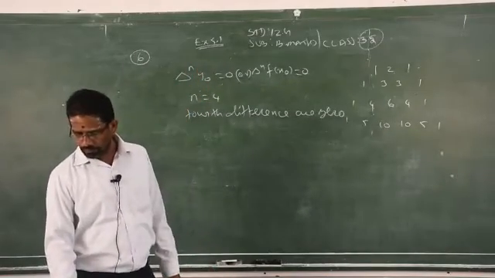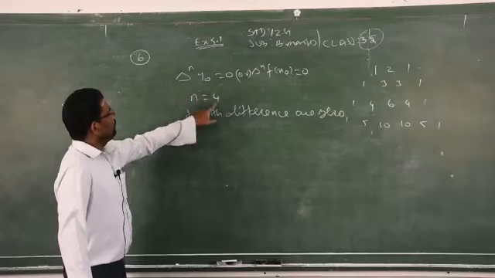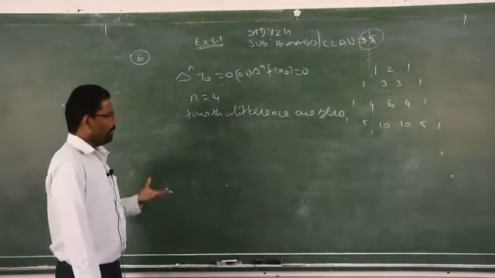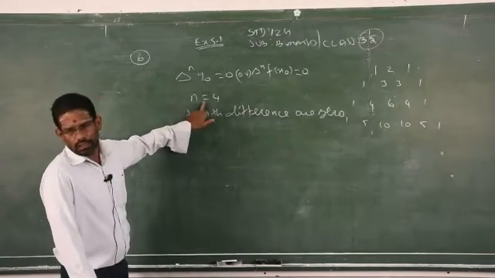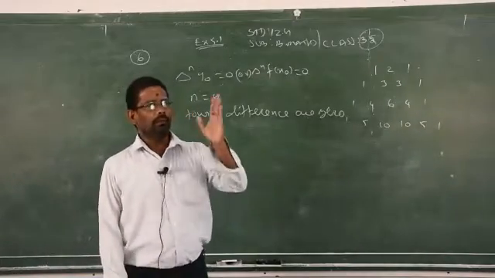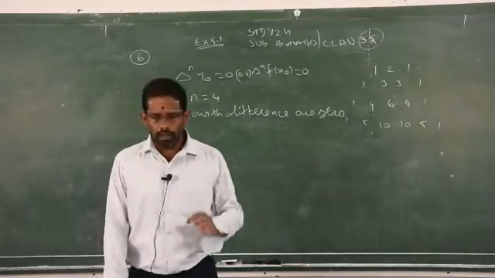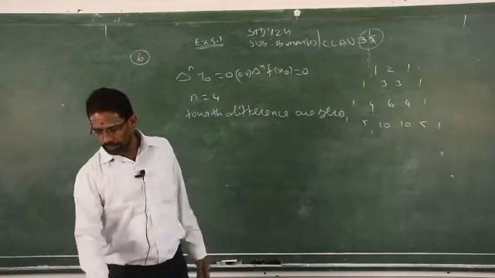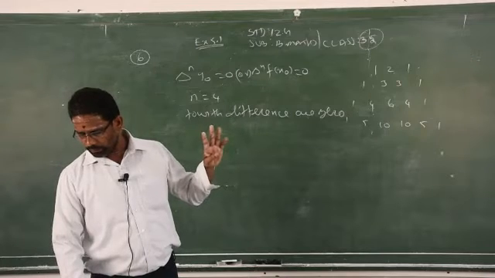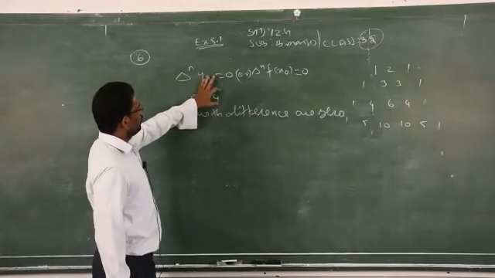Clear? 1, 2, 3, 4, 5. So if it is 5 terms, 5 boxes are there, then n will be 4. If 6 boxes are given, n is equal to 5. You reduce the number of boxes by 1, which will give you the degree. You can take any one format. Number of boxes given under y minus 1 will give you the degree, or the number of values in y. In the y row we have how many values? Only 4 values, 1, 3, 9, 81. So 4 values are given, therefore n is equal to 4.